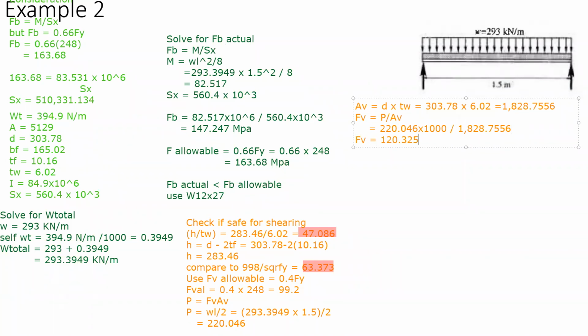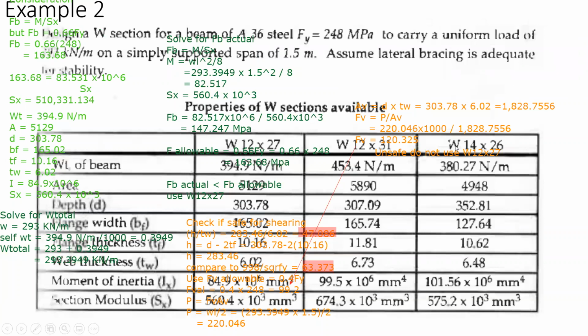FV is equal to 120.325. Let's compare this to our allowable 99.2, therefore unsafe. So do not use W12 by 27. So what do we do next? Let us use the next one on our list. And that would be